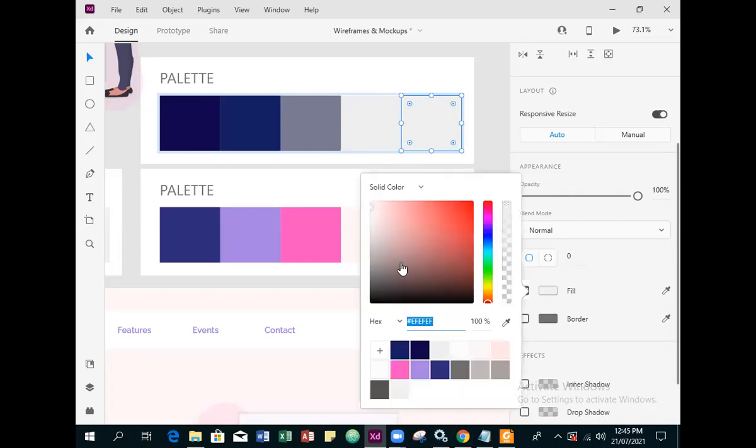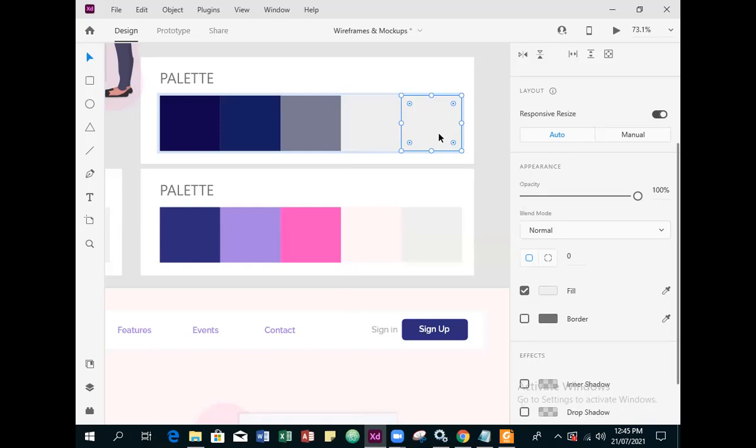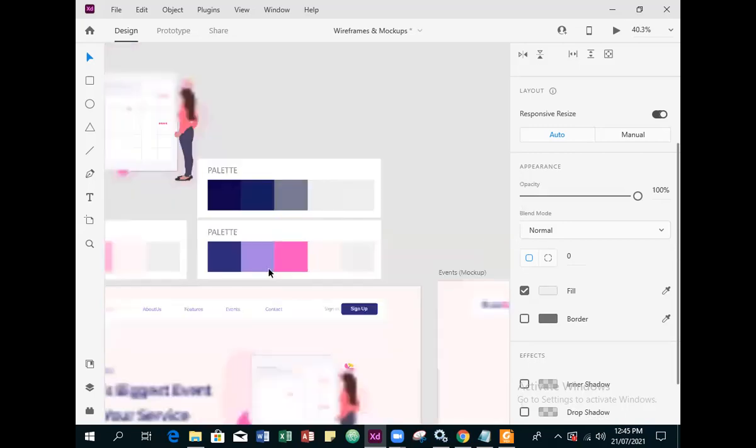The color code is EFEFEF. If you want to keep it to memory, that's fine, but if you don't, nobody will blame you for that. The color code is EFEFEF. So it's closer to white, almost white, but it's not white. We use this as a complementary color. So if you look at this website,